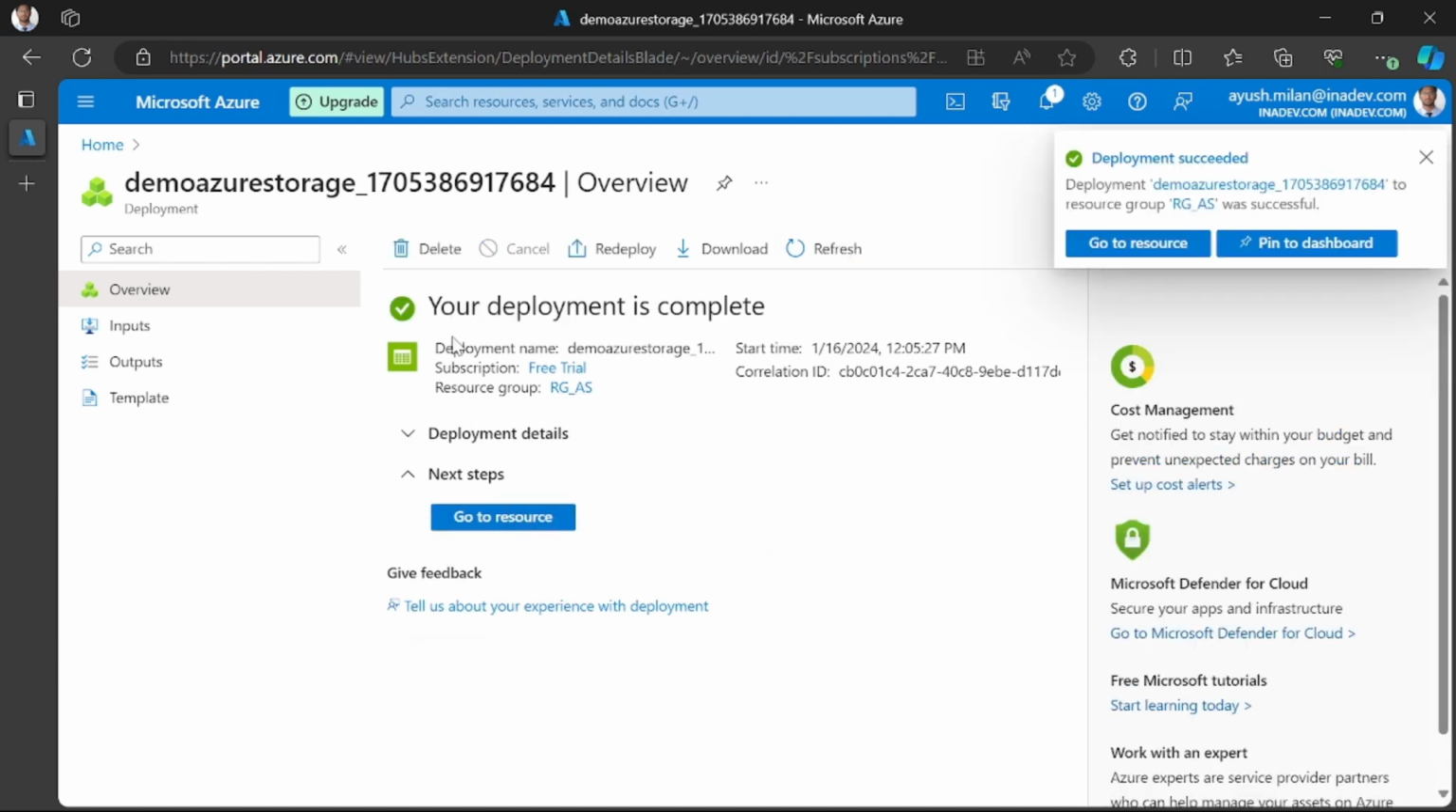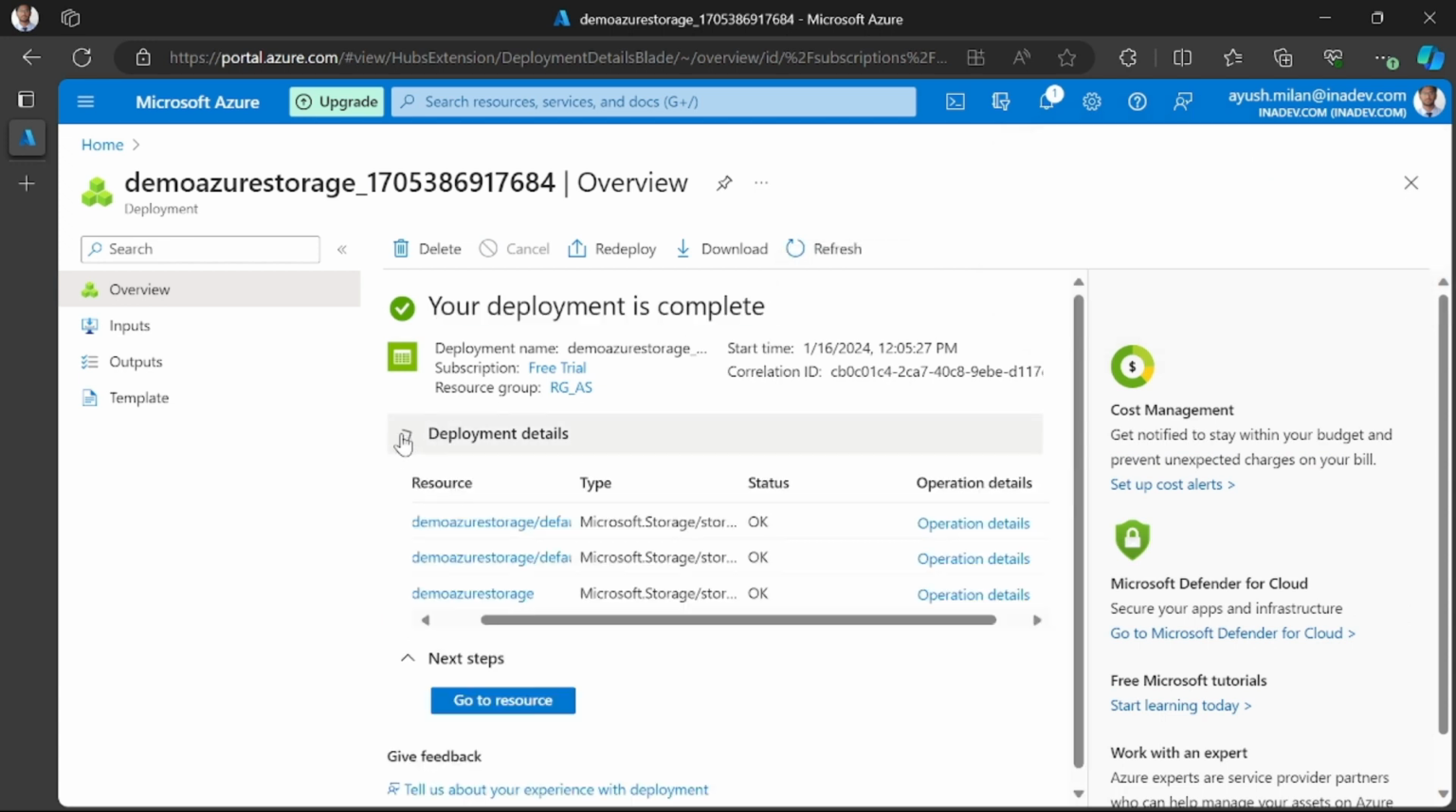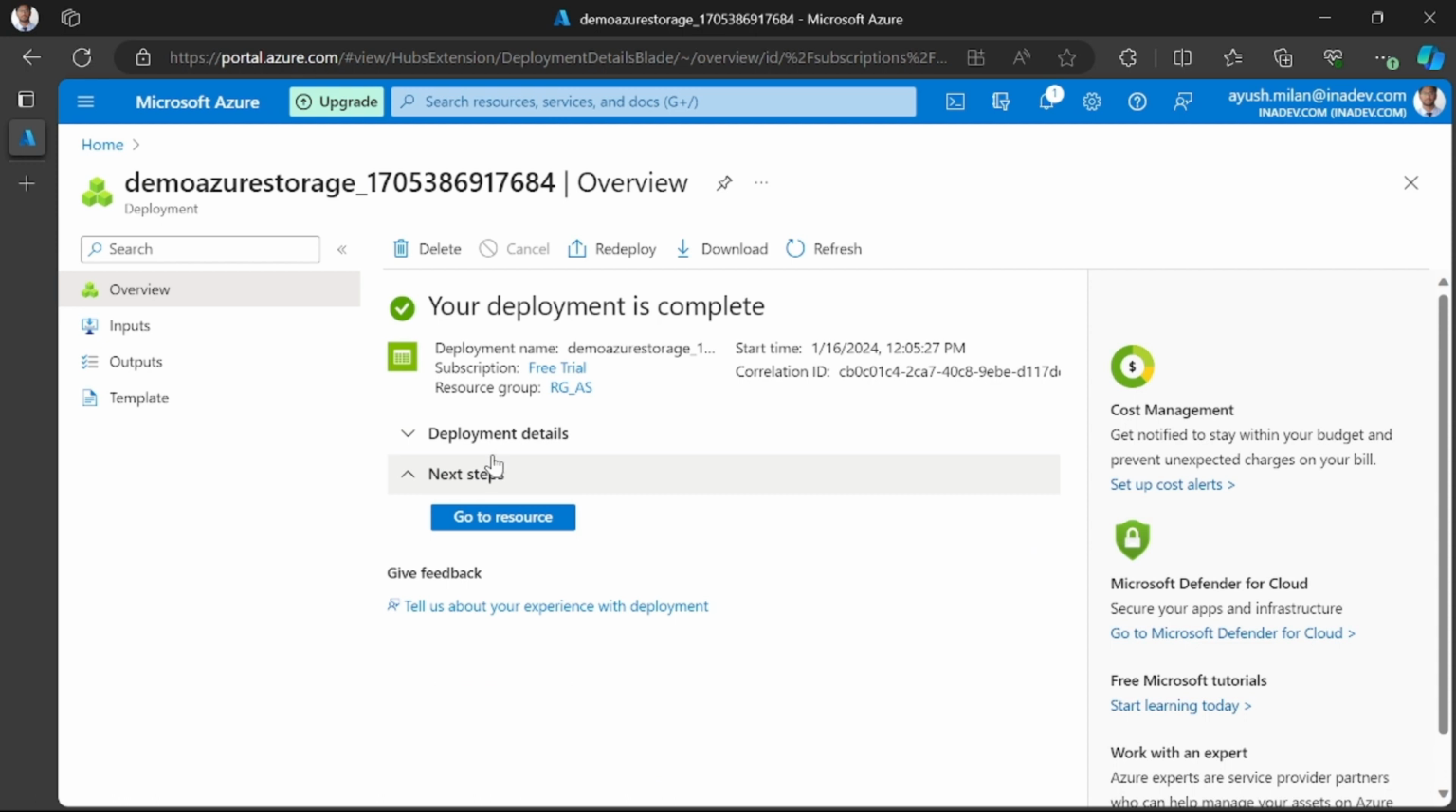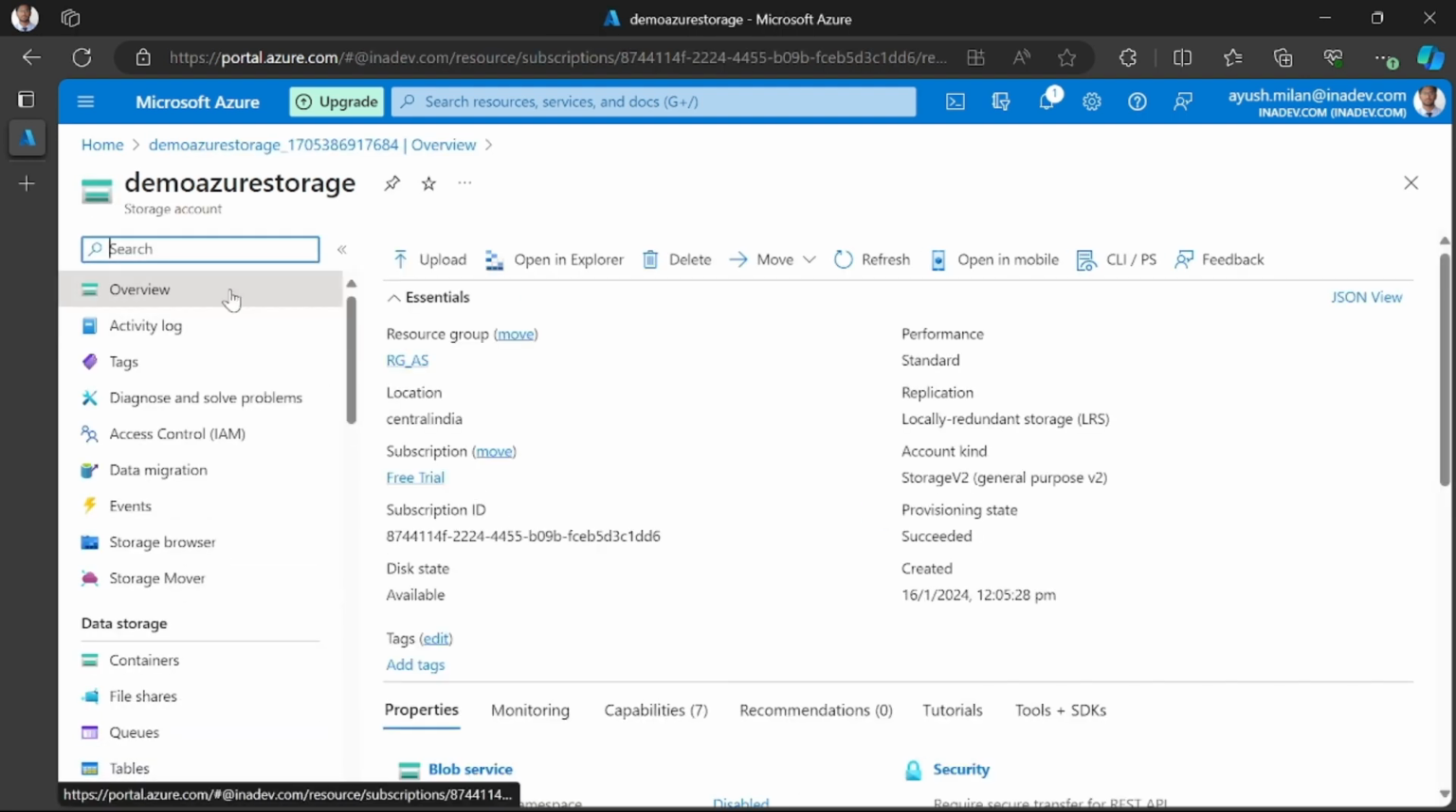So you can see our deployment is complete, and you can see the deployment details. Next you have to click on the go to resource button, this one. So this is our demo Azure storage account which we created in the new resource group, which is in the free trial subscription, and all the configurations are displayed here